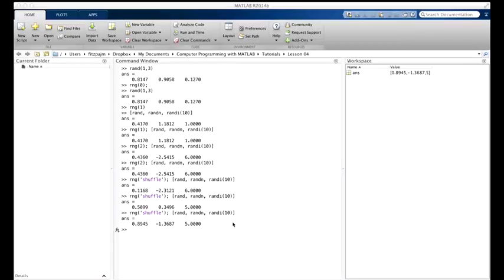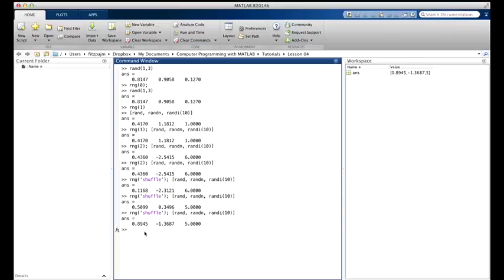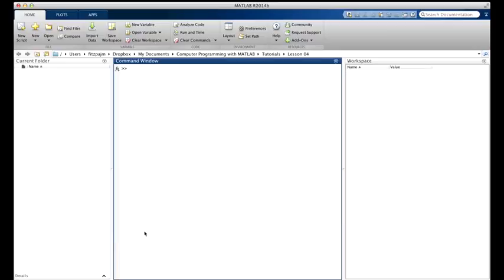lots of stuff into the command window in response to MATLAB's little double greater than prompt here. I'm going to clear all that away. Clear the workspace and clear the window there. Nice clean slate. What if you wanted to have your function get input in the same way that MATLAB gets